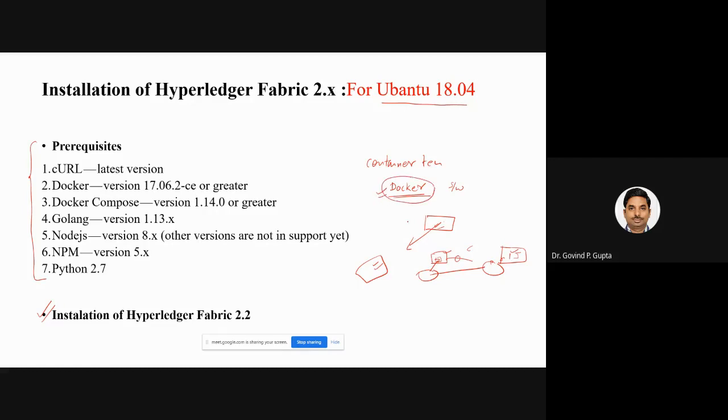Why do we require this kind of technology? Because during the transportation of a software package, there is a lot of dependency associated with the system. Suppose you are running Ubuntu 18.04, and suppose Hyperledger Fabric was developed over Ubuntu 12.04.